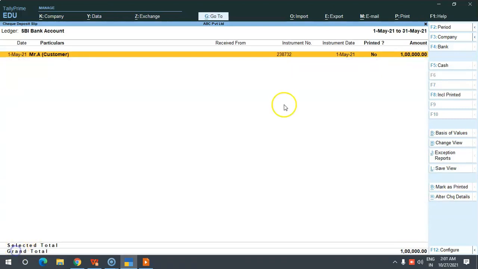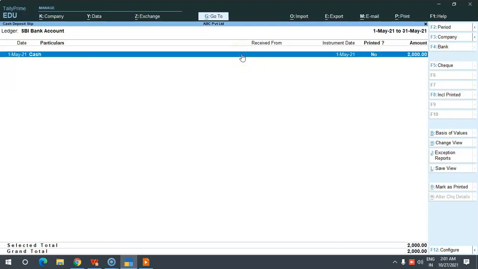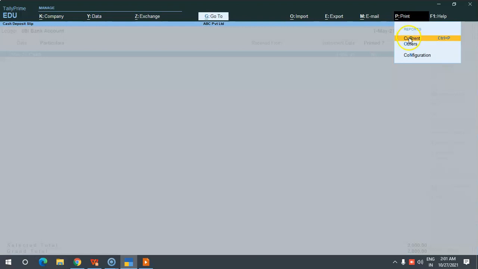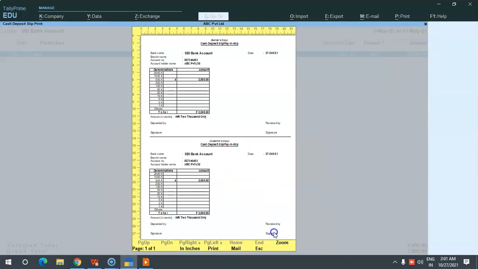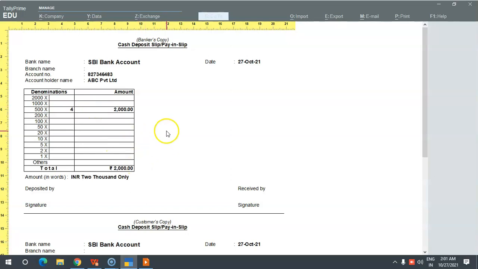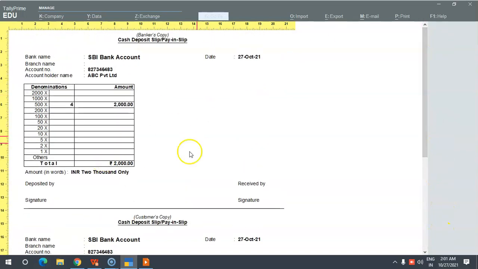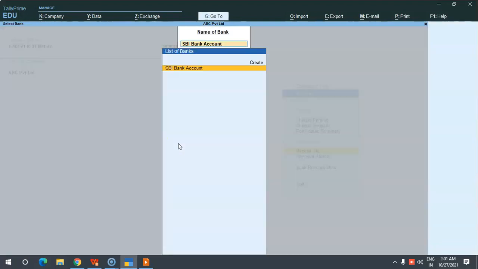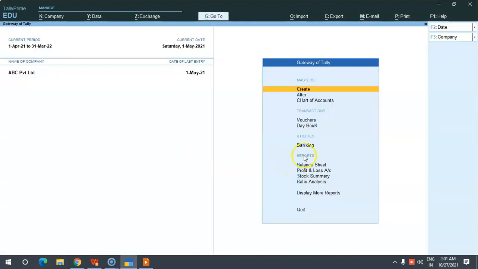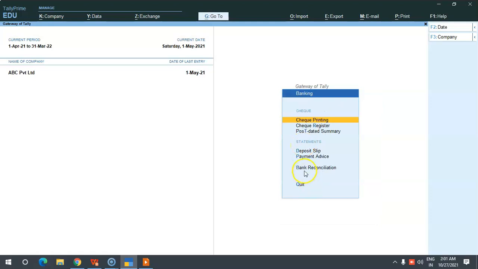Just a minute. Here you will be finding all the check related entries only. To go to cash, in the right button bar you have an option cash. Shortcut key is F5. So here comes our transaction. Select this, print and Control P. Then you can see the printout. See, all the denominations will also be appearing over here. Okay, this is cash deposit slip or paying slip. While you are depositing the cash, you can just take this copy and give it to the banker for depositing your cash.